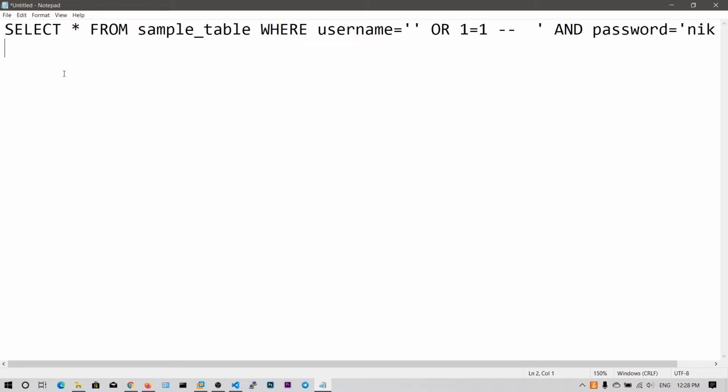It does not check the username or the password, so this is an authentication bypass. If you directly say if select statement is equal to true, then the login will be successful. So you need to store it in variables. If you do not store it in variables, this will bypass the login authentication.